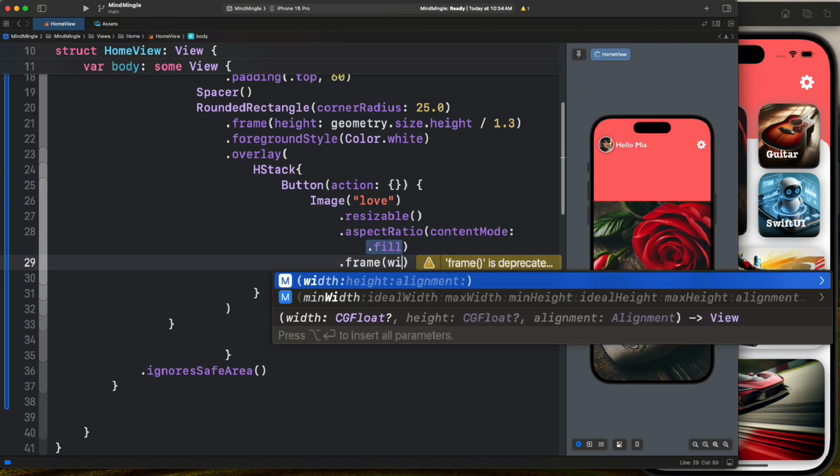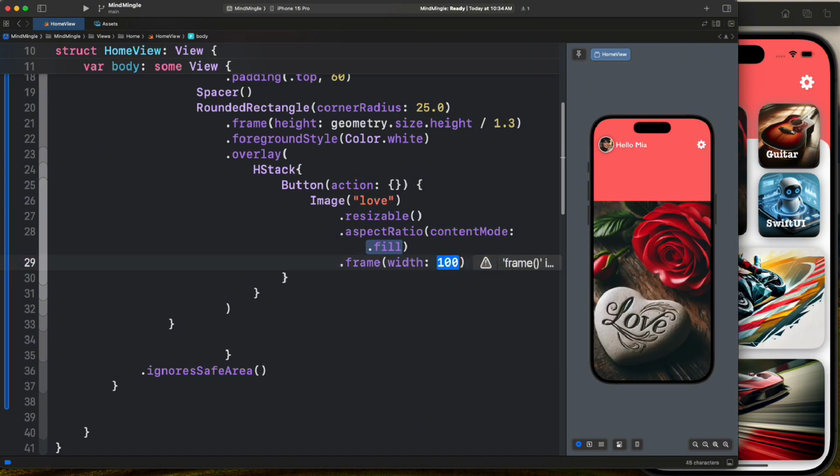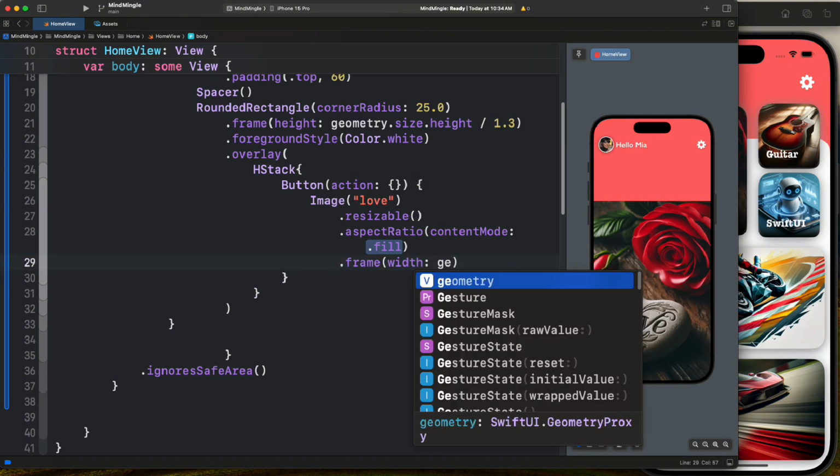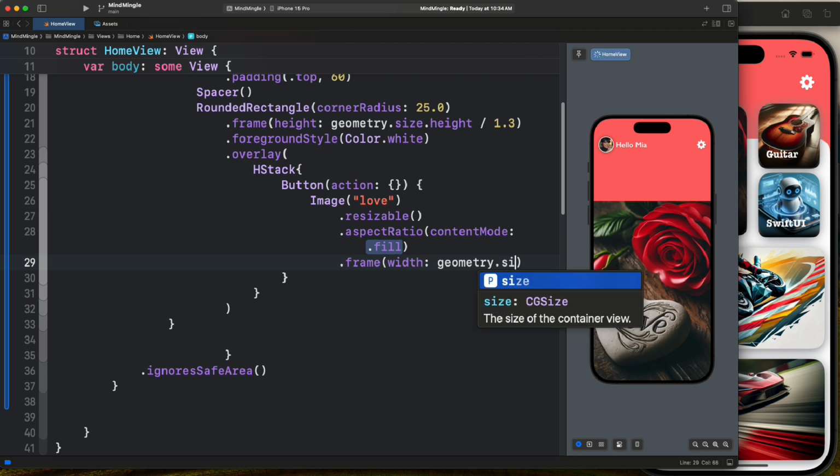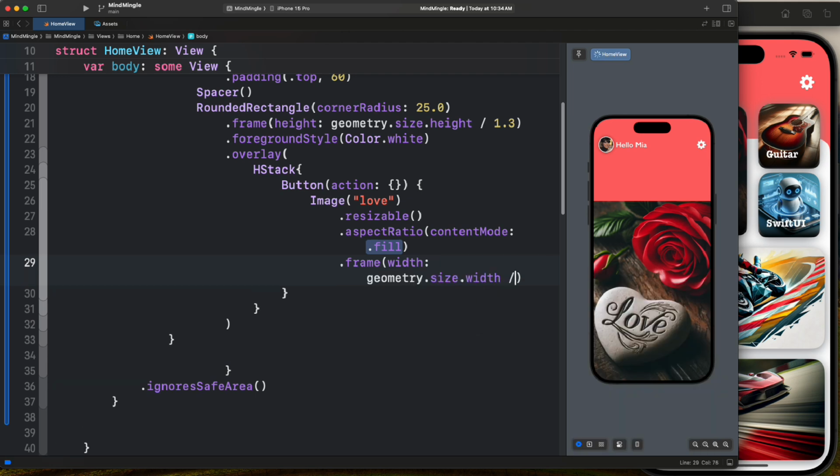And here for our width, we want to call our geometry, get the size, and get the width. And we want to divide this by 1.9. I already did the math, so this is the right value that we are supposed to use. And now for the height,